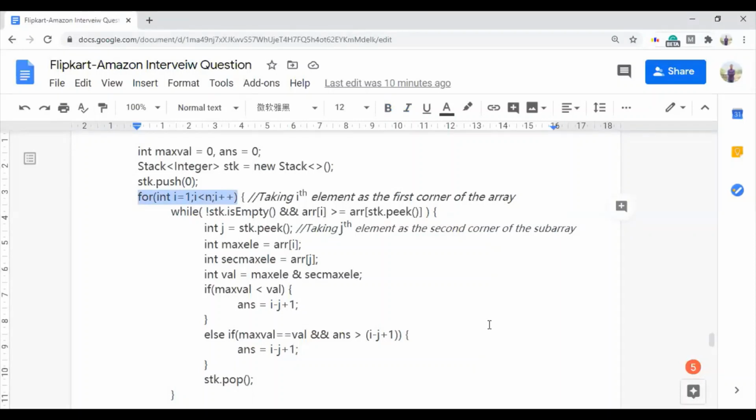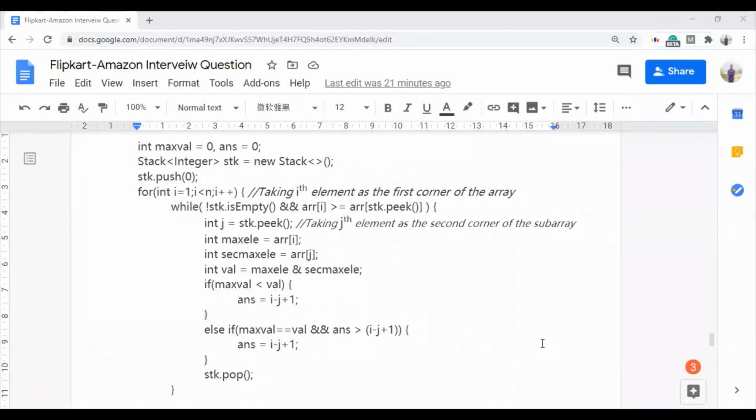Now as we discussed above, when the ith pointer is pointing at an element, then all the valid values which the jth pointer can point to are all kept in the stack, right? Now the valid values of the jth pointer are the values which, when taken as the left end of the subarray, give us a valid subarray, and a valid subarray is the subarray in which the largest element and the second largest element are at the corners of the subarray, right?